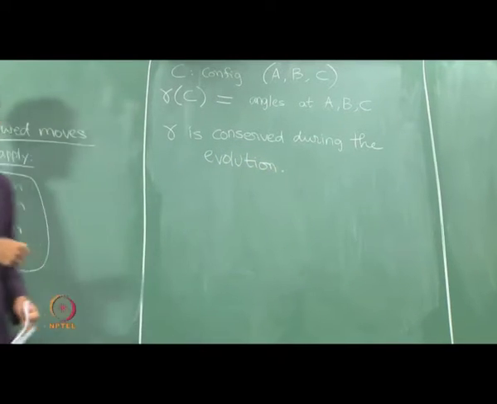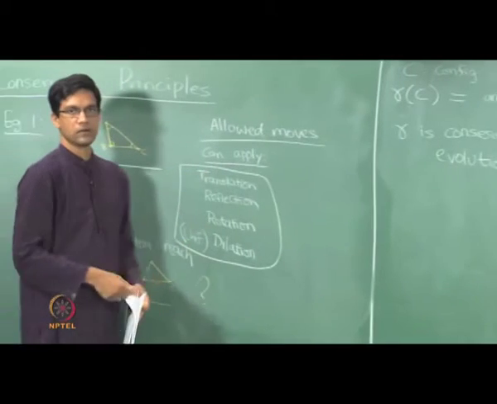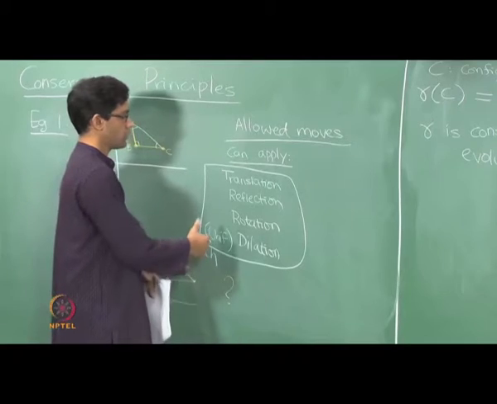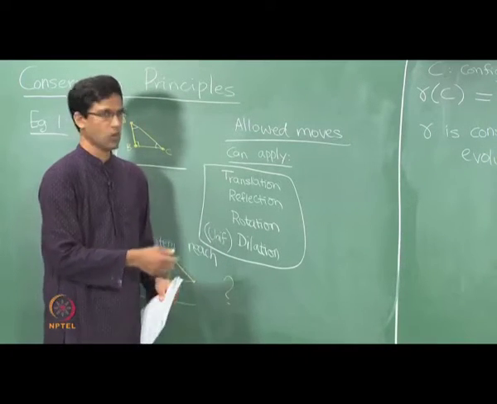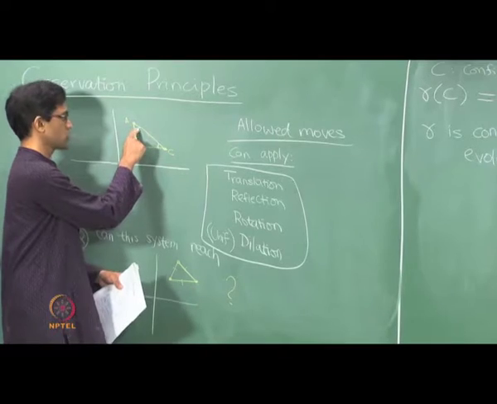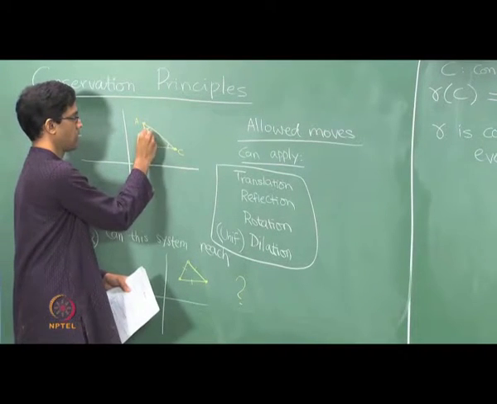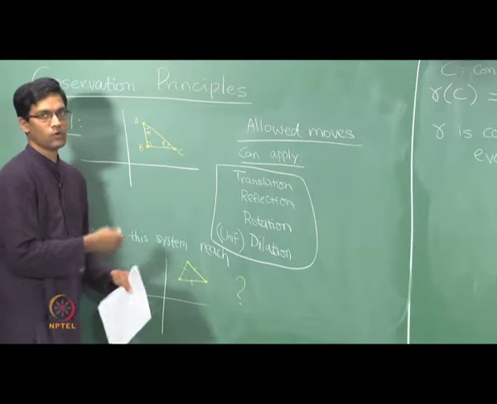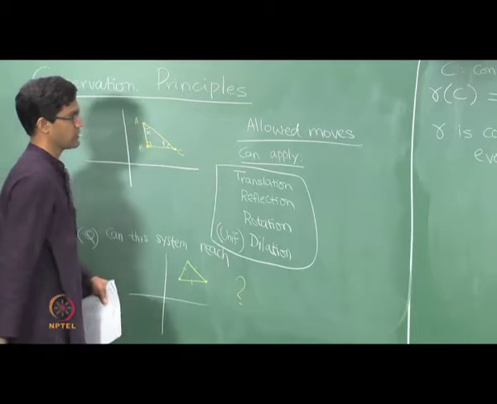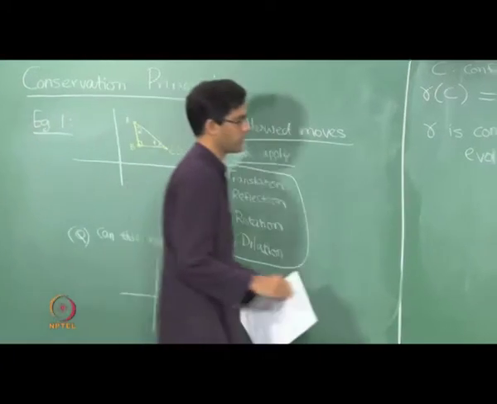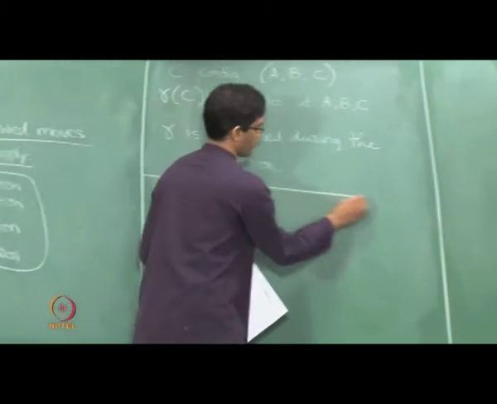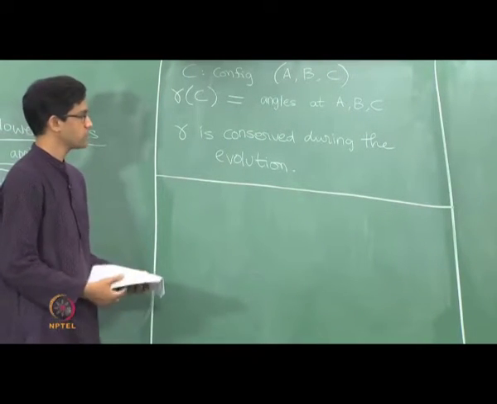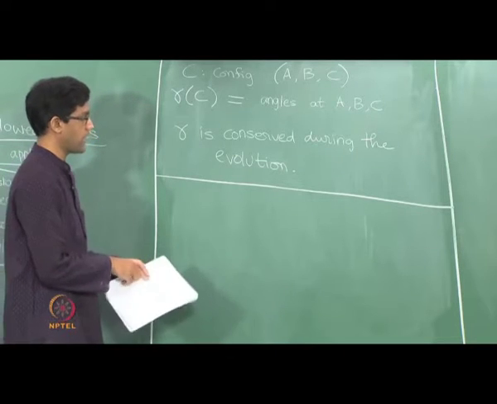In other words, no matter which of these moves you apply, what you will get will be a triangle which has the same 3 angles. So it will continue to remain a right angle triangle throughout, in which the top angle of course is also equal to whatever this is. If the 3 angles are 90 degrees, alpha and beta, the same thing will continue to hold for every triangle that you get during the evolution. So you cannot get an equilateral triangle, that is basically the conclusion here. But the key point is really in figuring out what the conserved quantity is, which in this case is, for instance, the 3 angles.